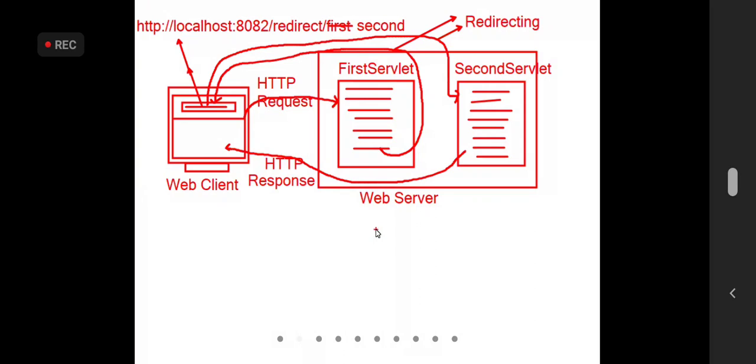Suppose write as it is. I'll explain. Now I'll ask some questions. Give me answer. For redirecting,